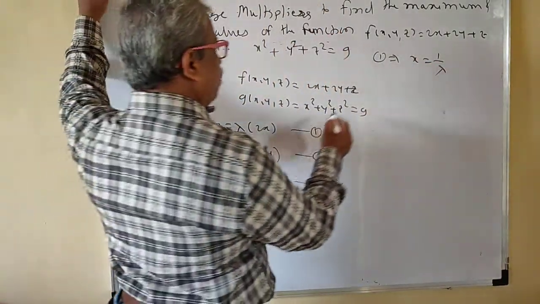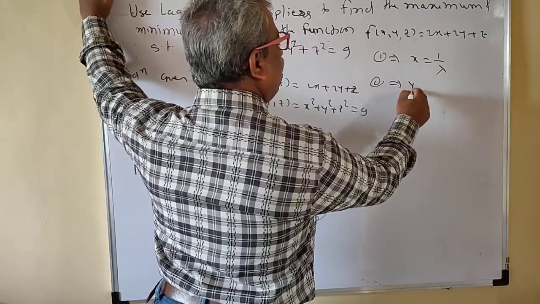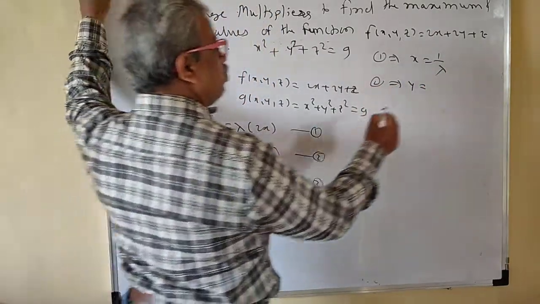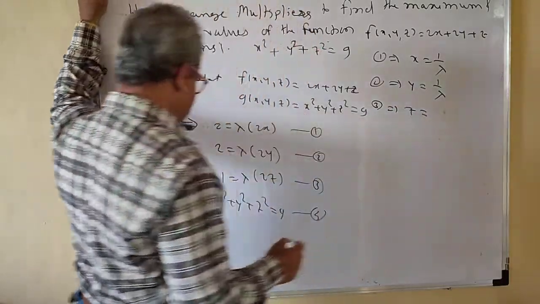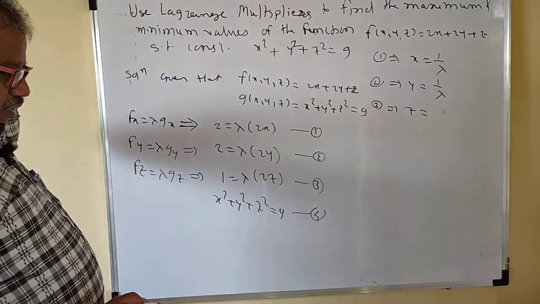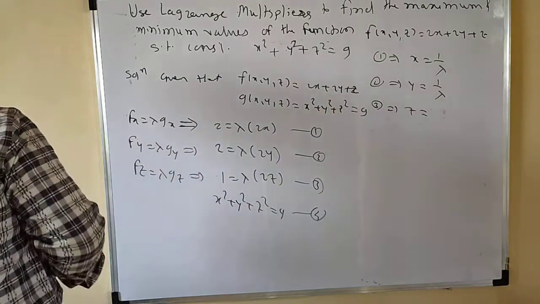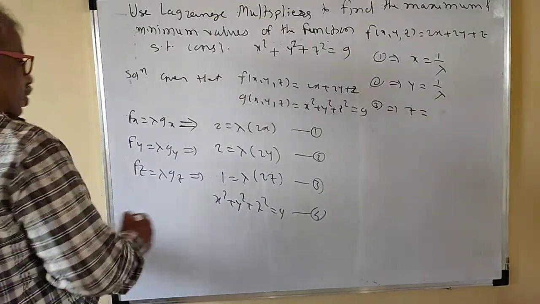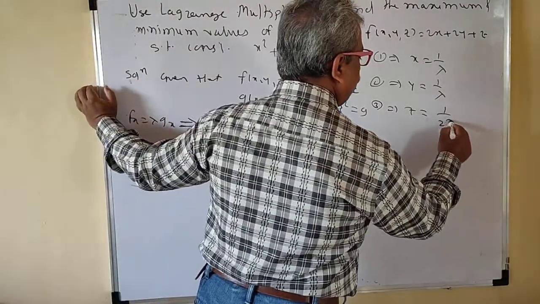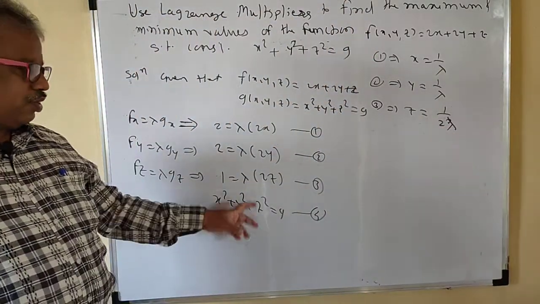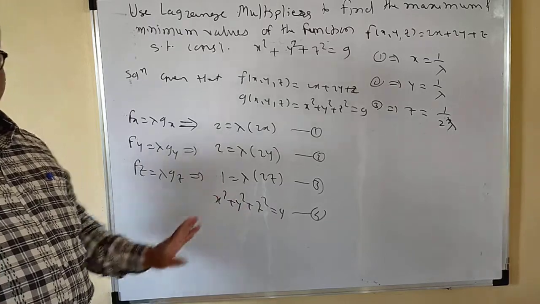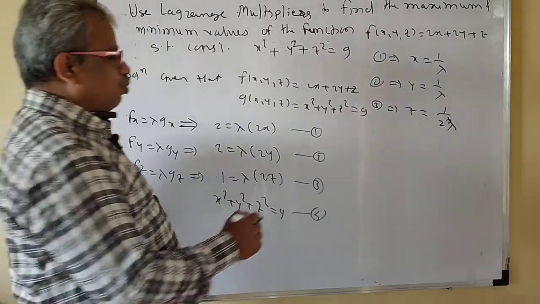So from 2, y is again equal to 1 upon lambda, and from 3, z is equal to 1 upon 2 lambda. z is equal to 1 upon 2 lambda. So we have the equation 4, right? Without using equation 4, don't find the values of x, y, z. Okay, so 4 implies